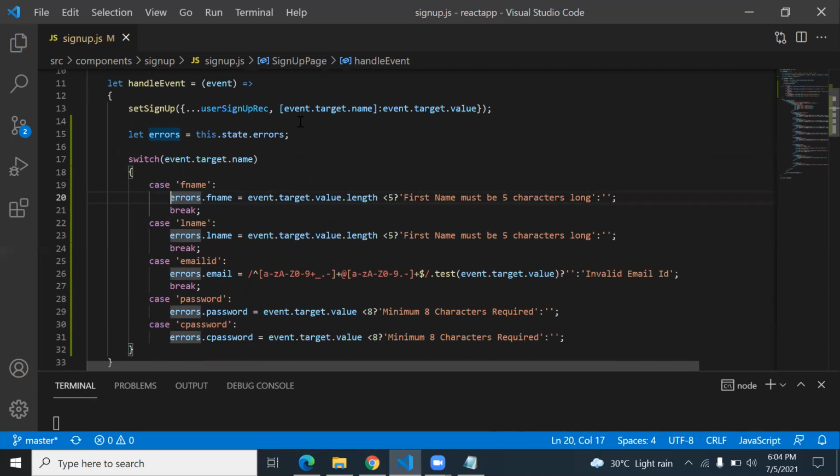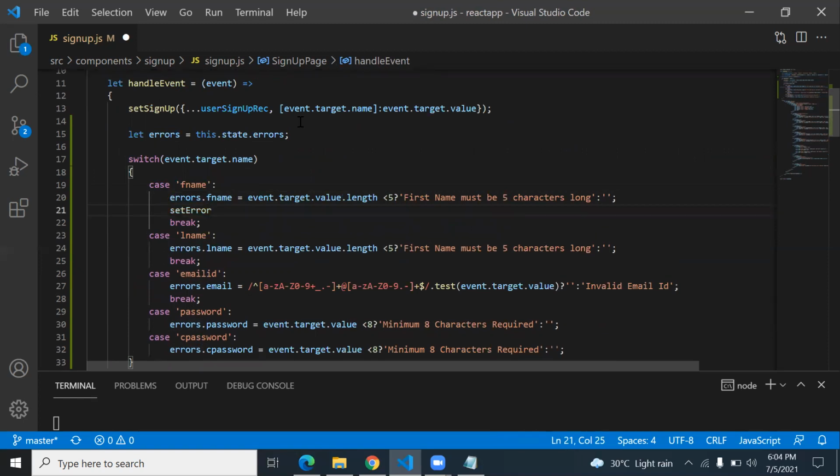So this is one variable only, fname, but to the next line you call setError, and here you write the error name, means errors.fname, or only you write fname, means it is an error key, and what you want the value.